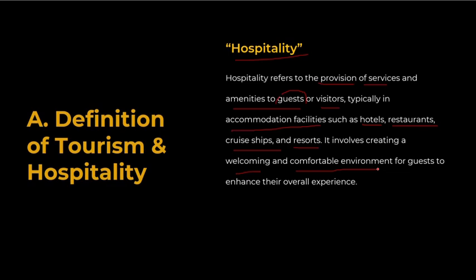individual home. You need to treat your father, your parents, your siblings, and your neighbors as a visitor or as a guest. You need to have this welcoming spirit, and you need to be more hospitable, especially if they visit your house, most especially your parents. You need to serve them, because as a hotelier, this is our duty to serve and provide the needs of our guests and visitors.